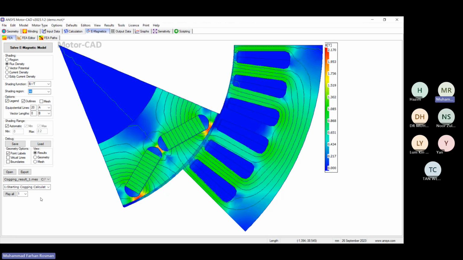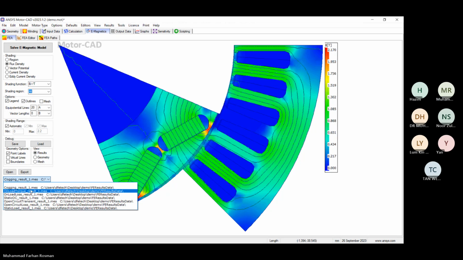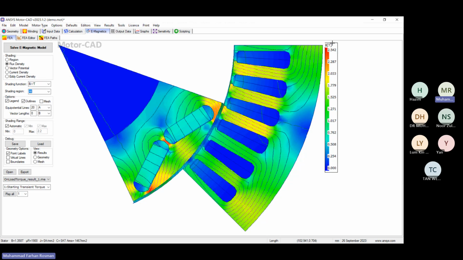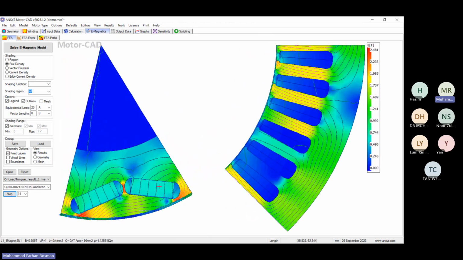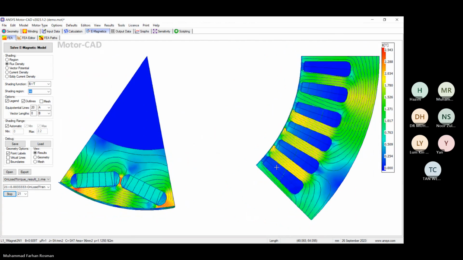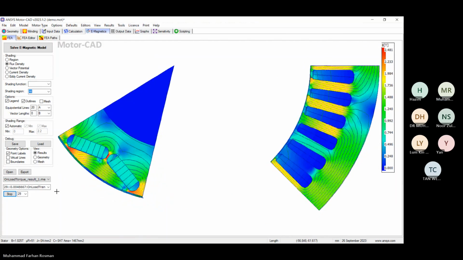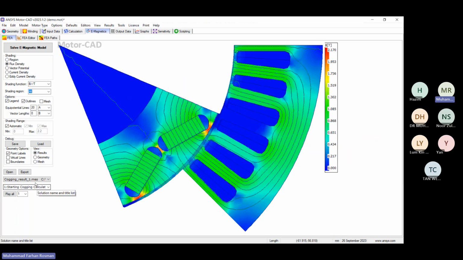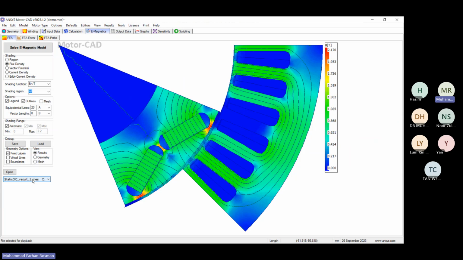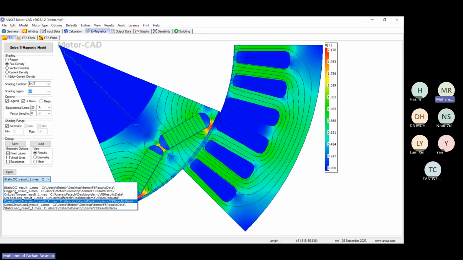So what we want to see first is the on-load torque. You can see it's in flux density. So you can play. If you play this, you can see the animation, the changes of the flux per phase. So the same goes to all the results. Yeah, you can change the result to which one you want to observe,